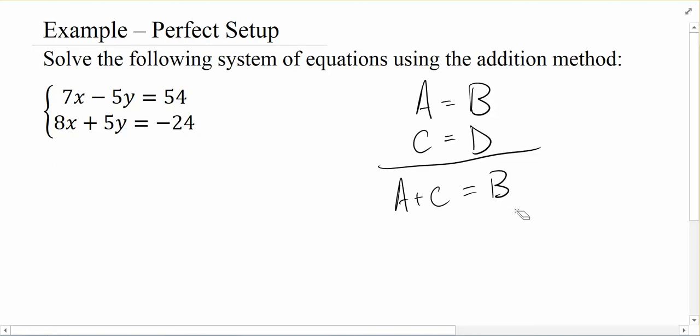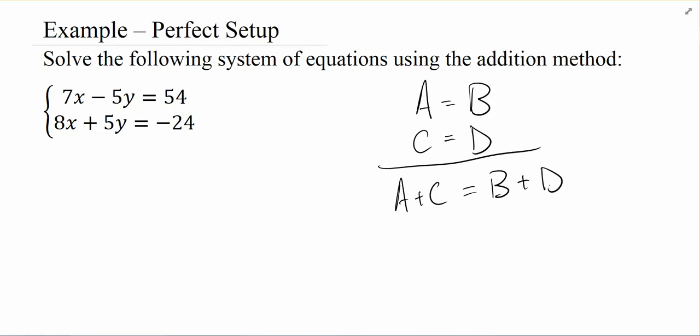The addition property of equality is the property that says if we know that A equals B, then I can add C to both sides. That's legal. But with what we learned about substitution, C and D are identical, they're equal. So I could replace this C with a D, and that's okay. Now, what we're looking at here with the A's, B's, C's, and D's isn't helpful, but it's legal.